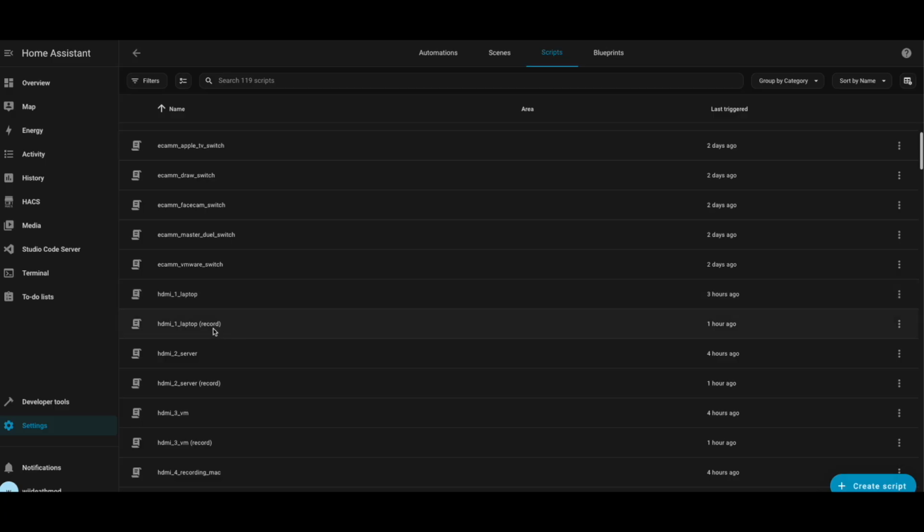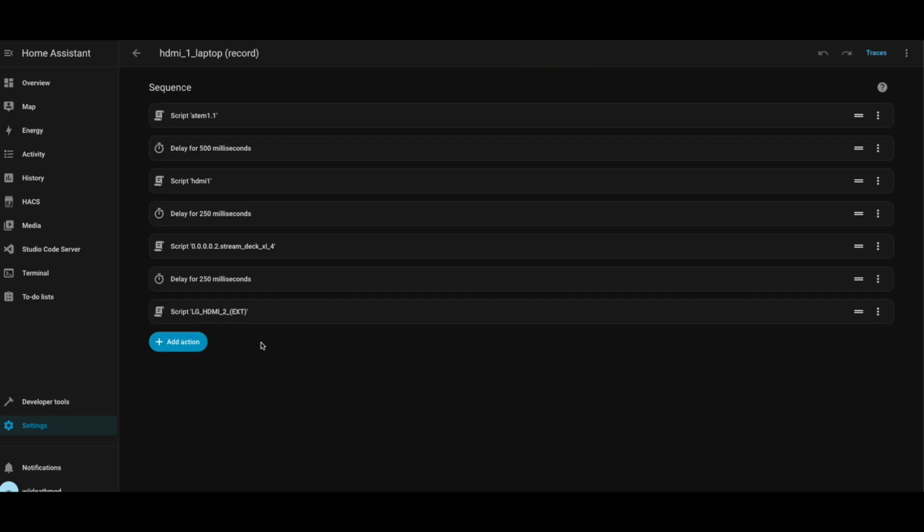Then number one, then HDMI1 record. This one's a little different. This one will go to ATEM1, which is on my capture card. This would basically switch inputs for that on the capture I have under my desk and behind my green screen. What shows on this input would show on there, and since this is HDMI1,